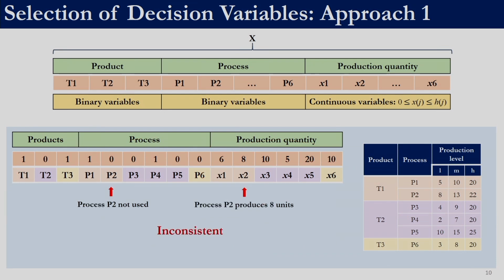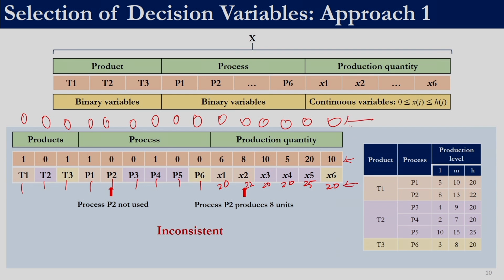But assume we had got something like this. Remember our lower bound was 0 for these 9 variables, and our upper bound was 1 for all of these. The lower bound for these 6 was also 0. The upper bound over here was 20, 22, 2 times 20, 25 and 20. So this is the lower bound, this is the upper bound. So it is perfectly possible that we get a solution like the one given over here. This is the decision variable vector which we obtain from any of the meta-heuristic techniques.